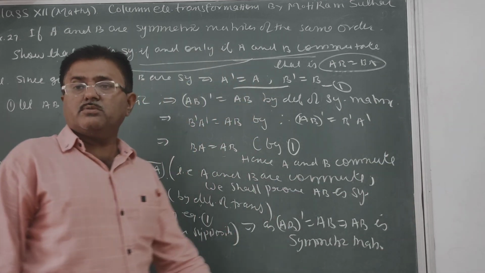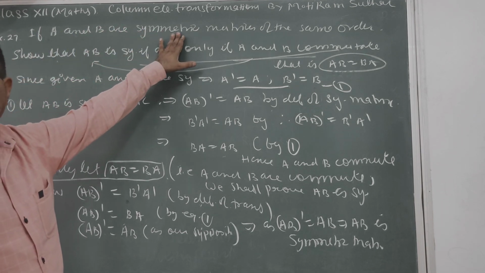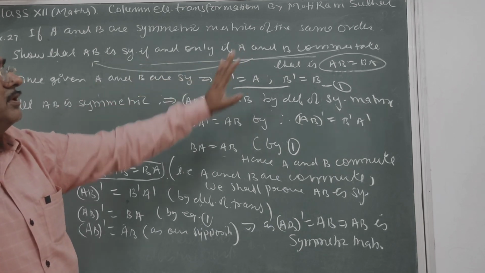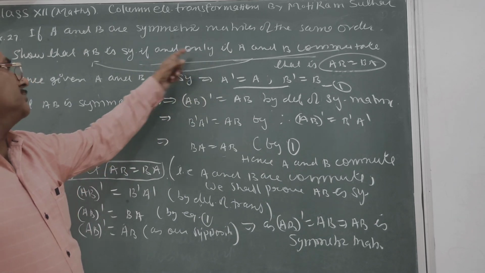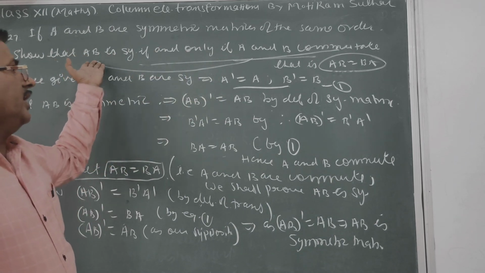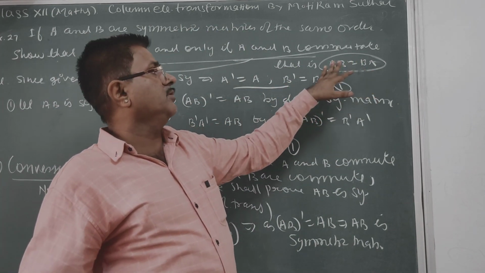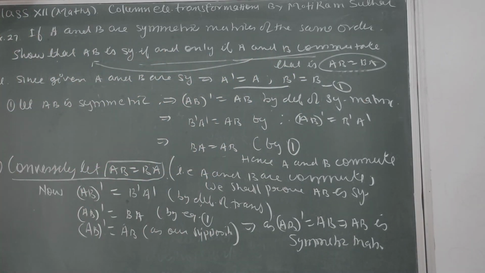So this is a very important theorem. ये theorem आप अच्छी तरह देख लीजिए. ये क्या कह रही है कि if A and B are symmetric matrices of the same order, then show that AB is a symmetric if and only if AB equal to BA. तो जब भी if and only if आती है आपको दोनों तरफ से प्रूव करना, दोनों तरफ से मतलब जैसे AB अगर सिमेट्रिक है तो आपको प्रूव करना है AB इक्वल टू BA, और इसका कन्वर्स है if AB इक्वल टू BA, then you have to show that AB is a symmetric. Right? This we want to prove.